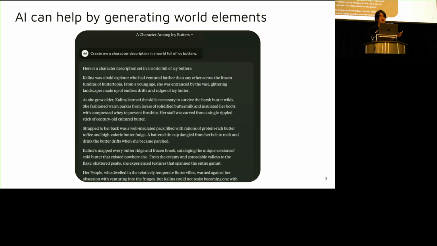As you can see, the large language model can generate some plausible character descriptions, and we can adopt them if we like them, and discard them if we don't. So there can be opportunities for the large language model to help with the world building process and potentially accelerate it.